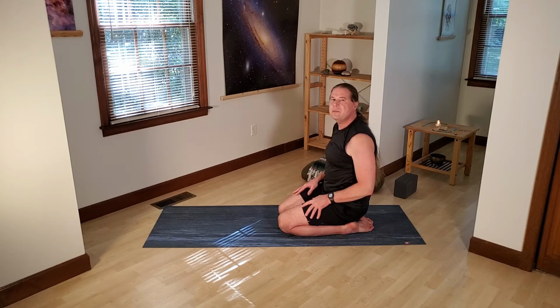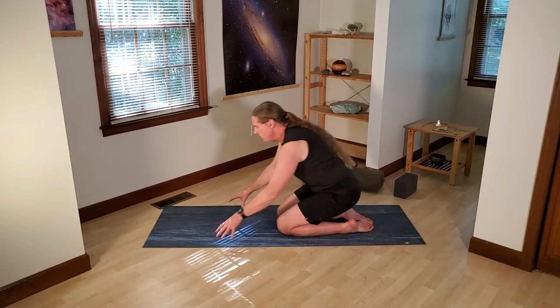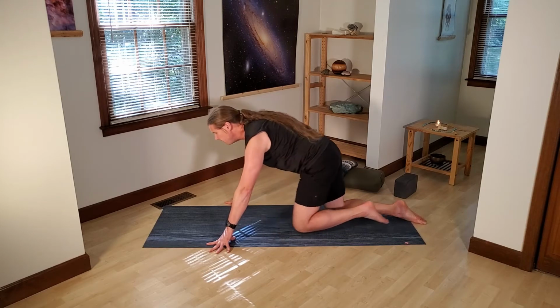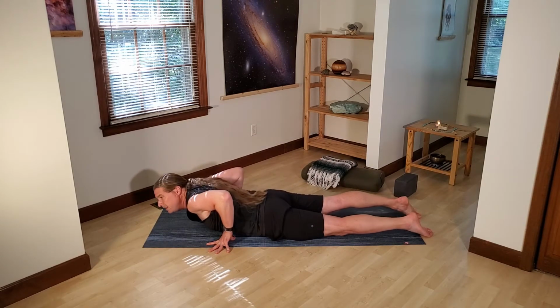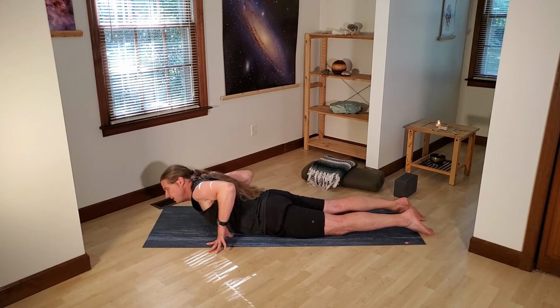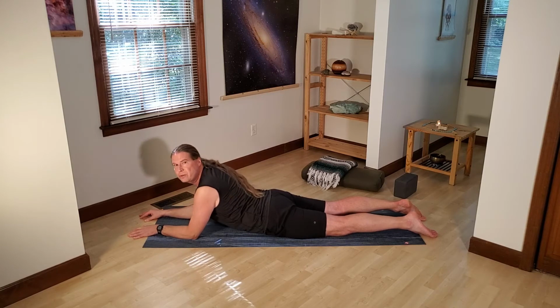We'll hold, and it'll be Sphinx pose. We'll stay here for maybe a little over 3 minutes or so. So come to lie on your belly, legs comfortably extended out behind you here. Feet as close or as far apart as you need them. And then bring your elbows underneath your shoulders, roughly shoulder width apart, although you'll have to make little minor adjustments